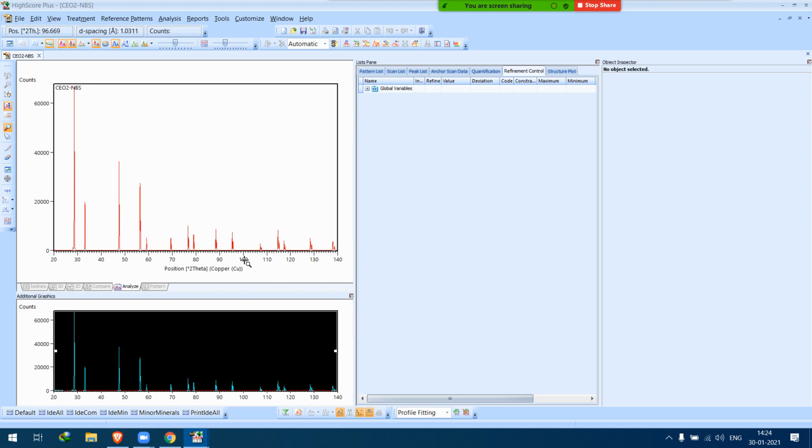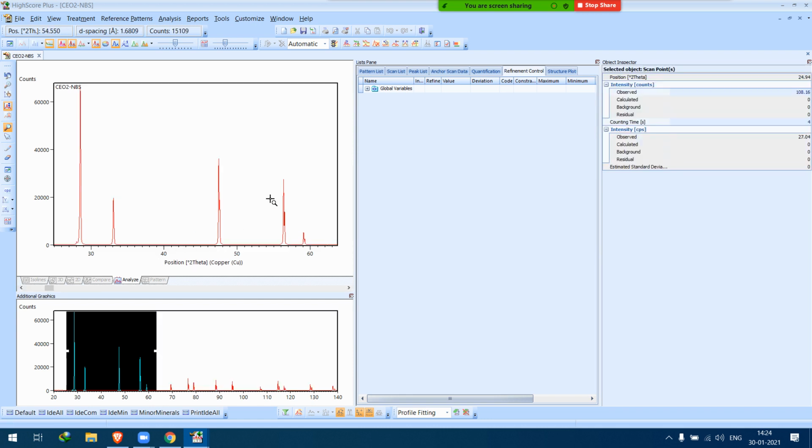The higher angle peaks have very low intensity, and the low angle peaks have asymmetry in their shape. So what I will suggest is that you choose your peaks between about 30 and 65 or 70. These are the good 2 theta range where you should actually perform your calculation. So I'm selecting from around 25 to 65. This is the range on which we will work for the Scherrer equation.